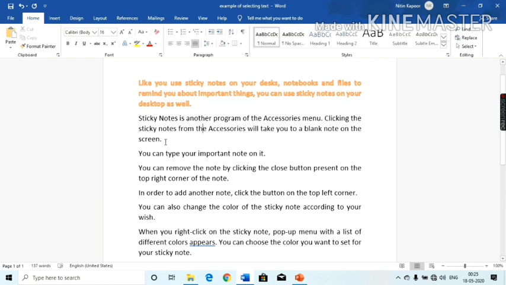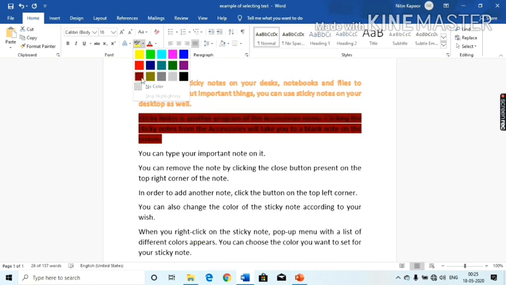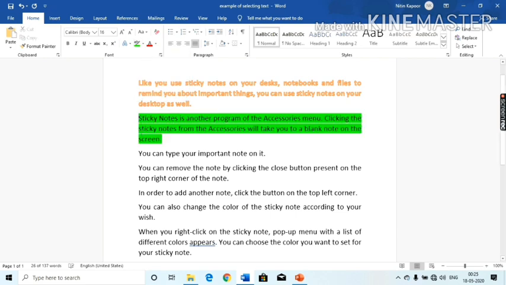Then next, text highlight color. If you want to highlight the text, first select the text you wish to highlight. Then in the font group, look for the text highlight color option and click the drop down arrow next to it. Then select a color to highlight the selected text.